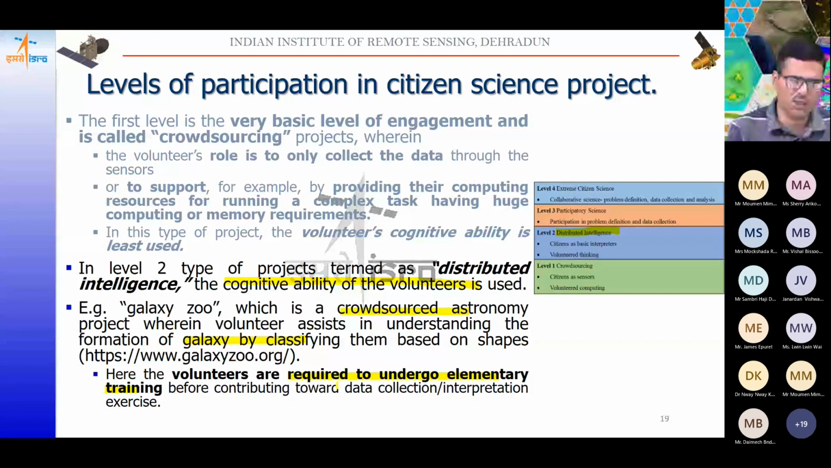So in the distributed intelligence level, or level 2, the citizens are also contributing as interpreters. Their cognitive or thinking abilities are also being used. But what is important here is that for such kinds of projects, they are also required to undergo some basic training, so that there is a confidence level that whatever task is being done by the volunteers is done in a proper manner, and also to restrict erroneous data or erroneous interpretation coming into the